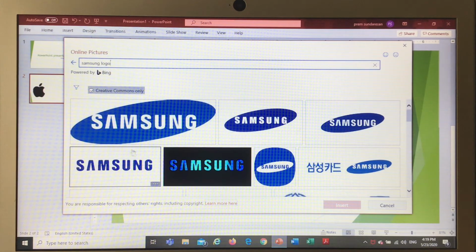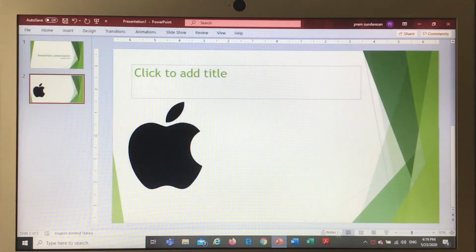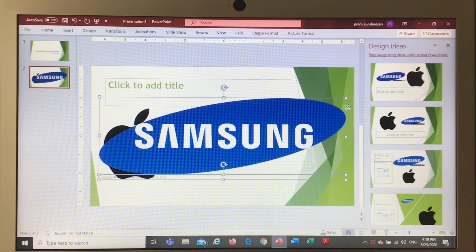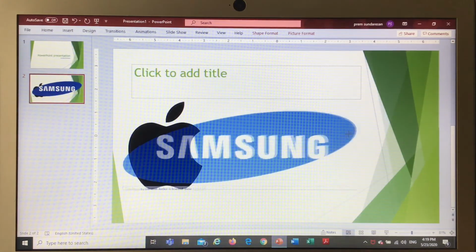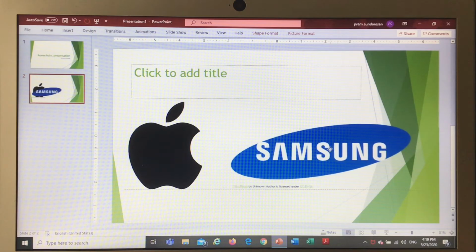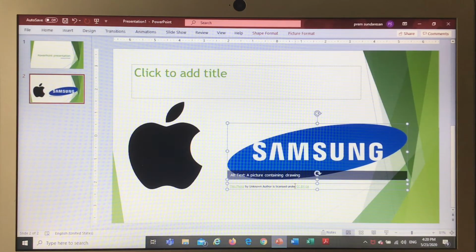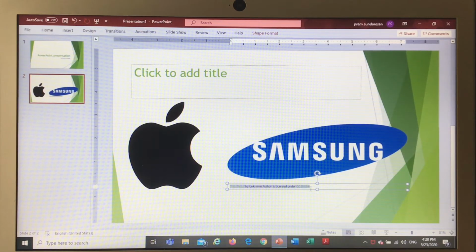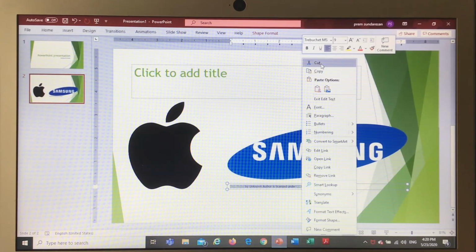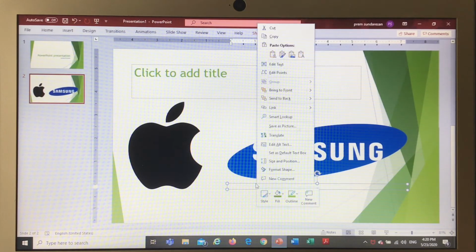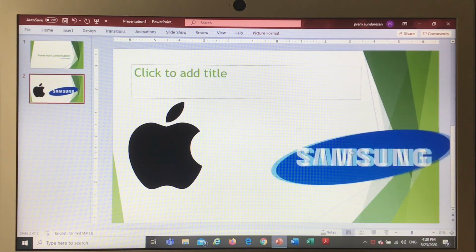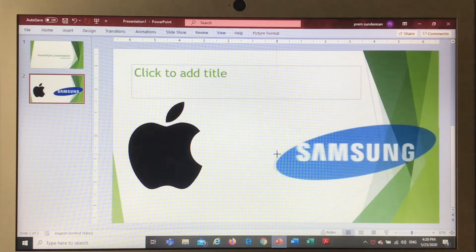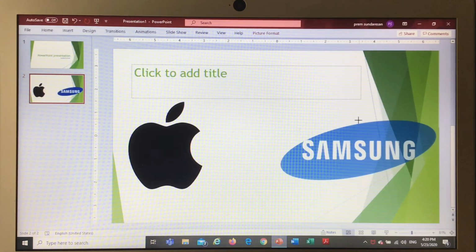And now we have a lot of logos on our screen based on Samsung. I choose this one and now it has inserted itself. So I do the same sizing technique that I just taught you, and I select this, I delete that by just pressing cut, and I delete that, pressing cut, and I'll just move this around a bit, make it a bit more small, a bit more big though.